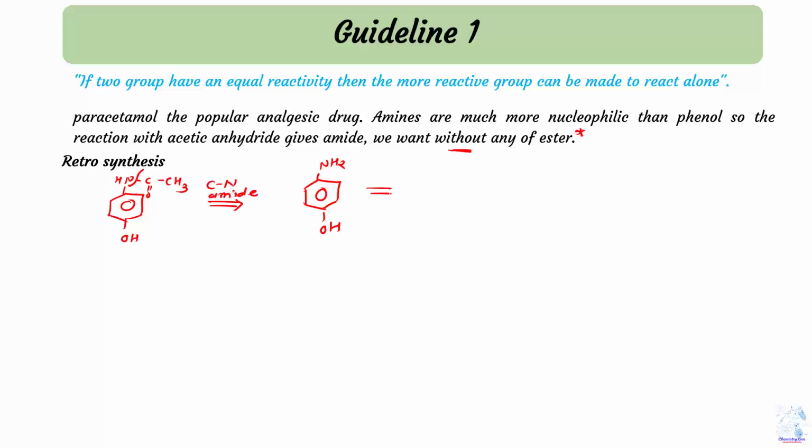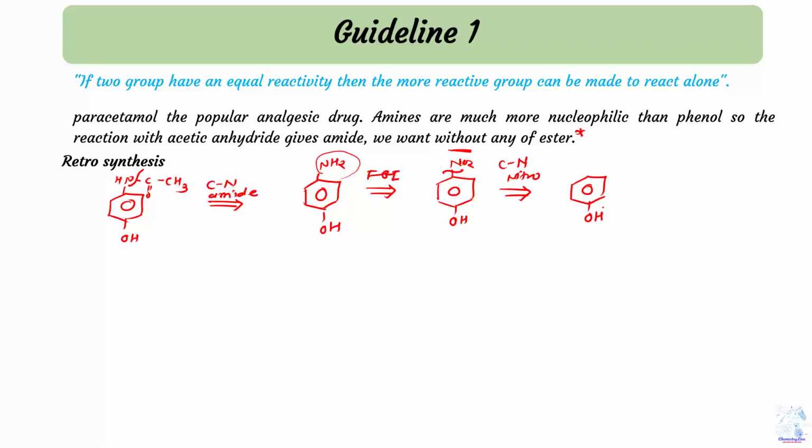If we disconnect this para-aminophenol further, we look for FGI, functional group interconversion. The functional group interconversion means we interconvert this NH2 to NO2, and we get this kind of compound. Again, how do we get this compound? We proceed with C-N disconnection of the nitro group. Then what will we get? We get normal phenol. That is the retrosynthesis of this particular compound.